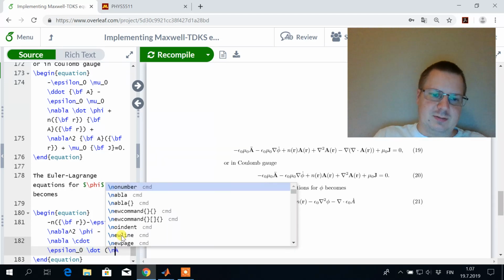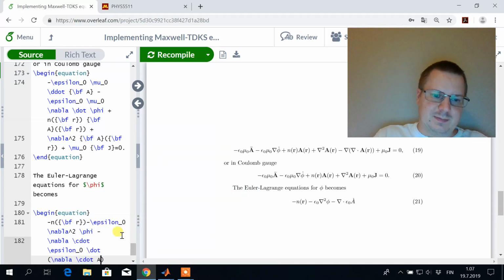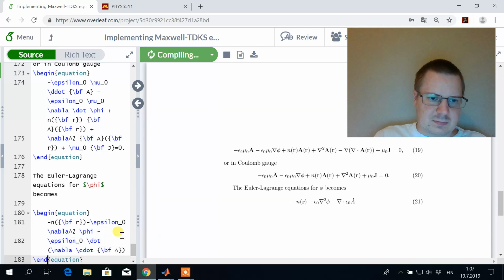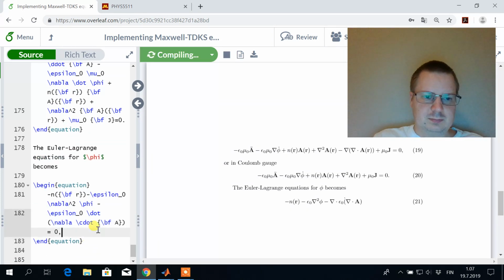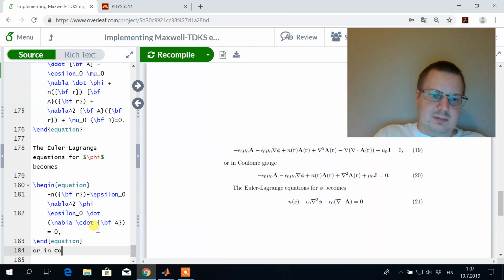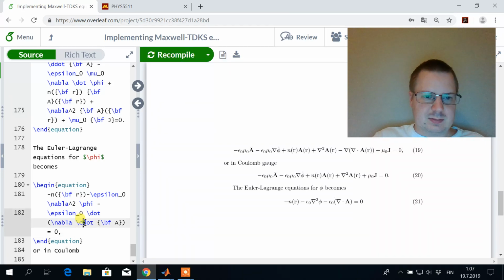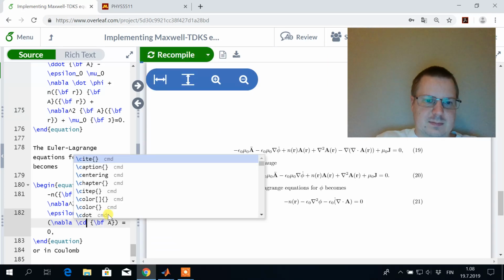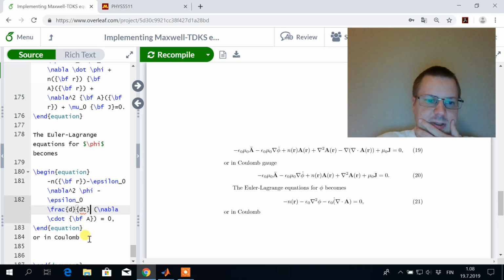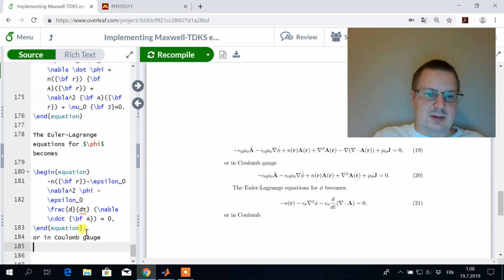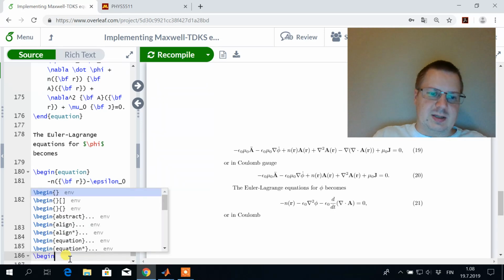And I can also put the divergence in here, like so. And this one then, in Coulomb gauge, since divergence of A is 0, yields